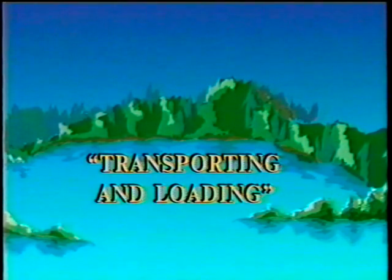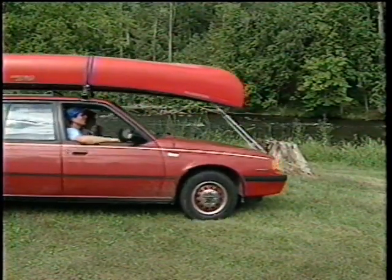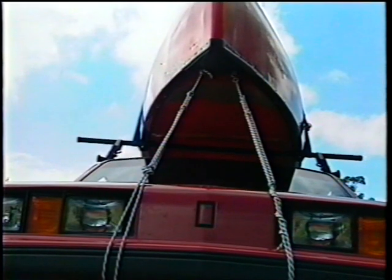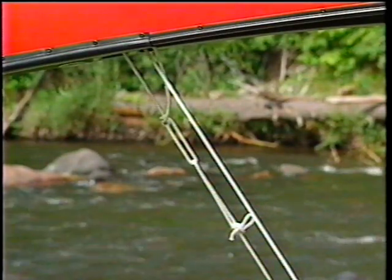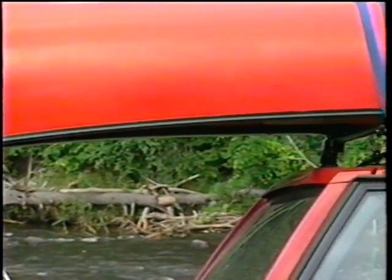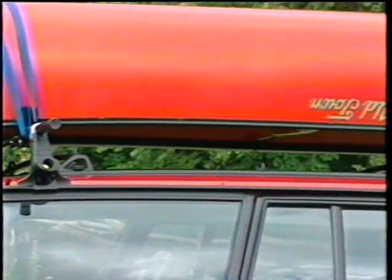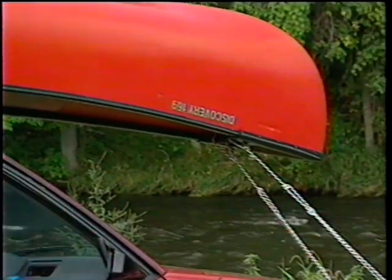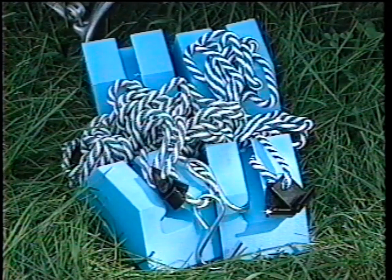Even if you have the good fortune of having a lake or river just outside your door, you'll need to know how to transport your canoe by car, if only to get it home from the store. Today's car-top carriers do the job safely and easily, though you need to be sure that your ropes and knots are secure and tight. If you have rain gutters on your car, look for a roof rack with brackets that grip the gutter. Good racks are also available for cars without rain gutters. A less expensive option is to buy a set of foam blocks that fit onto the canoe's gunnels. The blocks rest on top of the car, and the canoe is tied down with a nylon strap that hooks